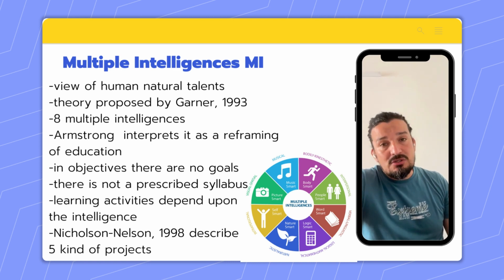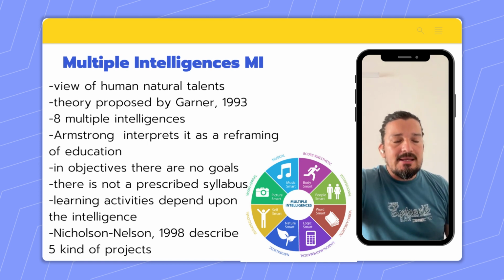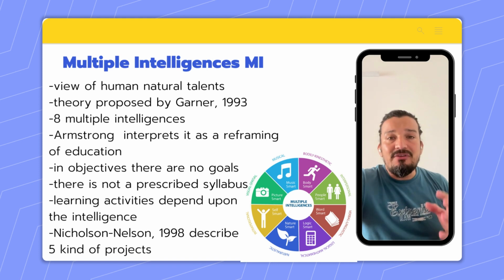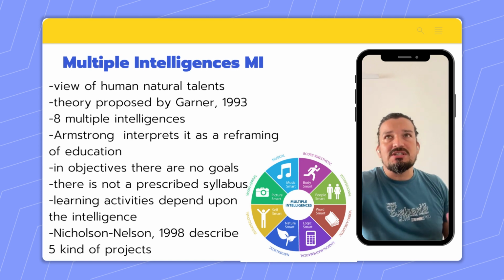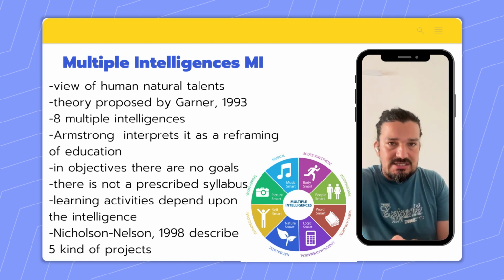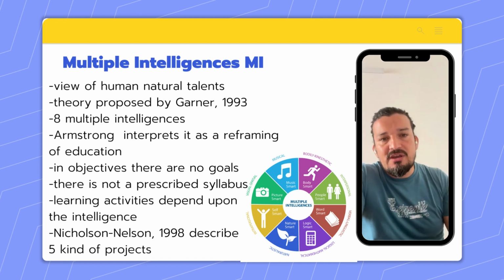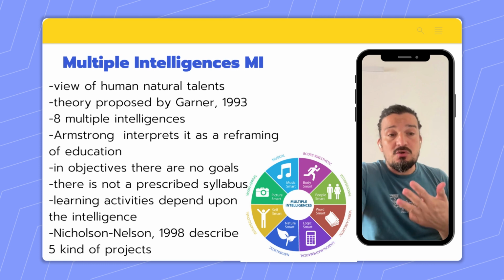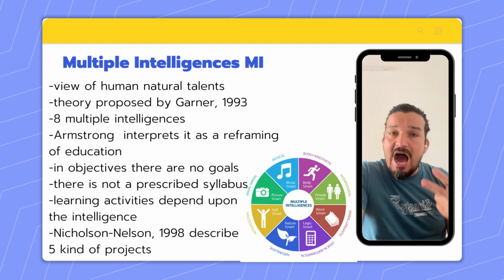MI is also a theory proposed by Gardner in 1993, and the scientific view states that this is a cultural-free approach. He also proposes a view of natural human talents. In that sense, he categorizes intelligences into 8 intelligences. They are kinesthetic, interpersonal, verbal-linguistic, logical-mathematical, naturalistic, intrapersonal, visual-spatial, and musical